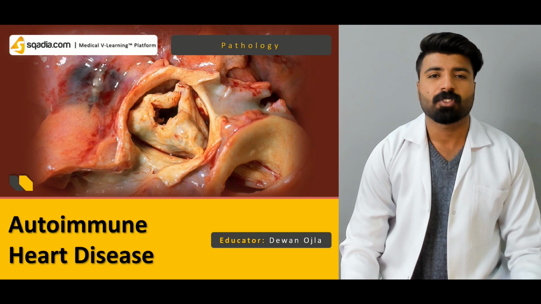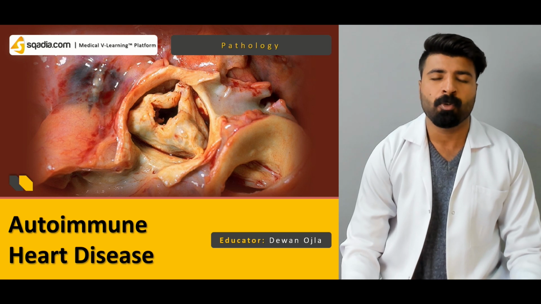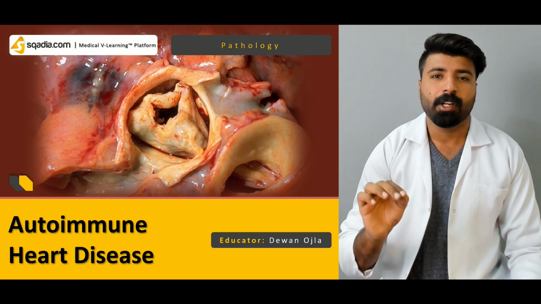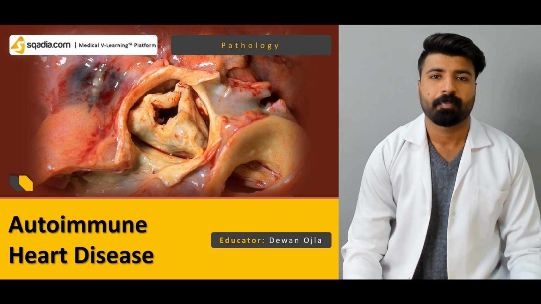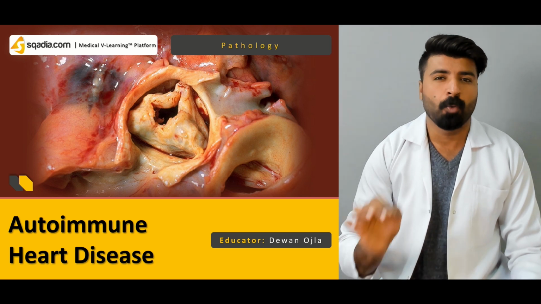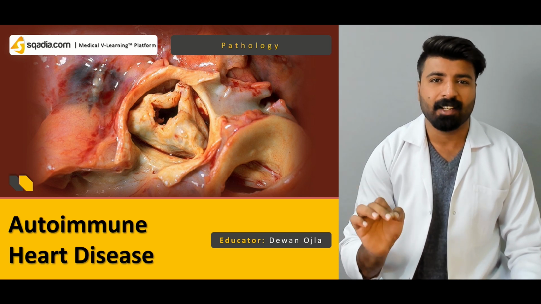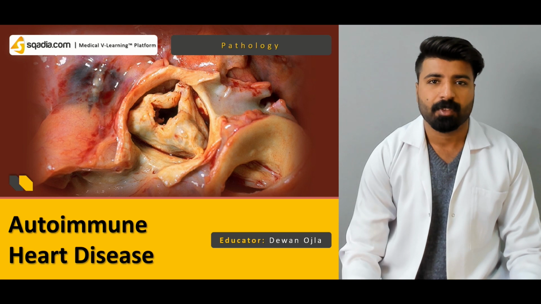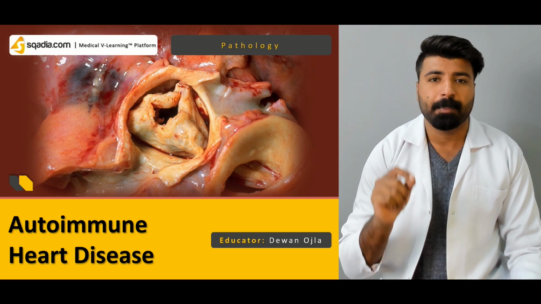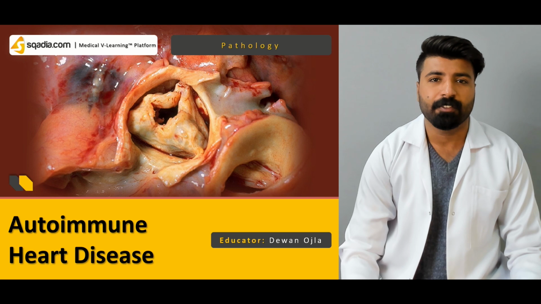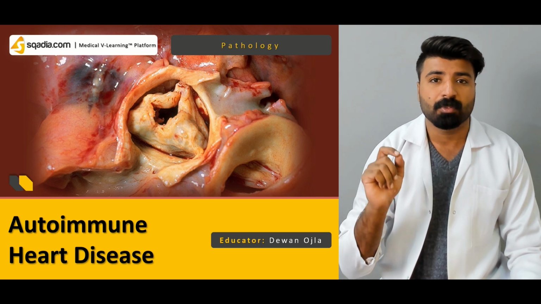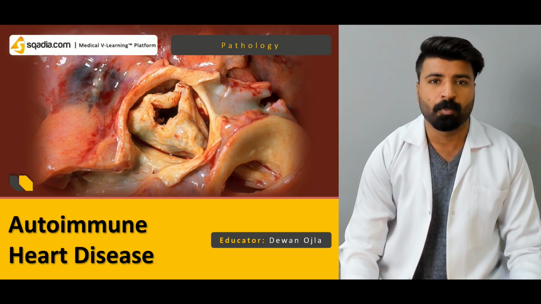Topic of the lecture today is autoimmune heart diseases. So what are autoimmune heart diseases? Autoimmune heart diseases are those diseases which come under the heading of body killing its own body. It means our own immune system is acting against our own cells. Our own body cells are being subjected to that kind of effect of our own